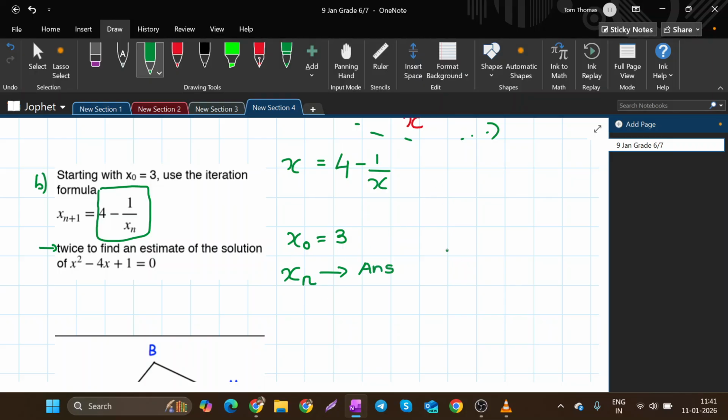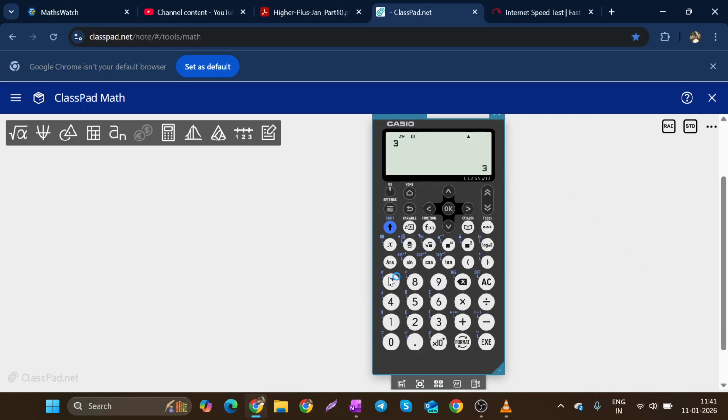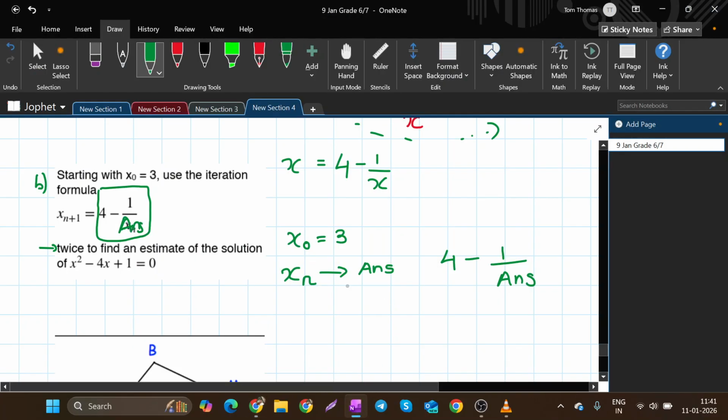So on my calculator, what we're going to plug in is 4 minus 1 over the answer button. So you look at your expression, and in place of your xn, you're going to replace that with an answer button. So let's go to our calculator. We're going to do 4 minus fraction button 1 over answer button. Once you've got this ready, press the equals button and you get your first answer, and your first answer would be your x1. So 11 over 3